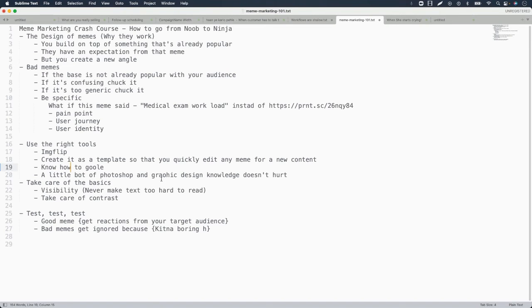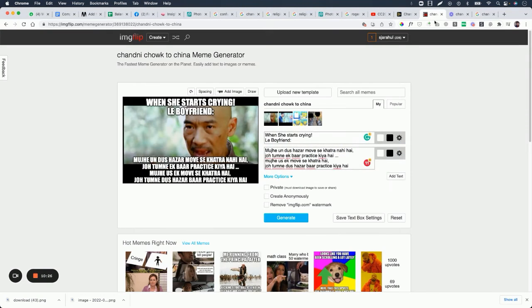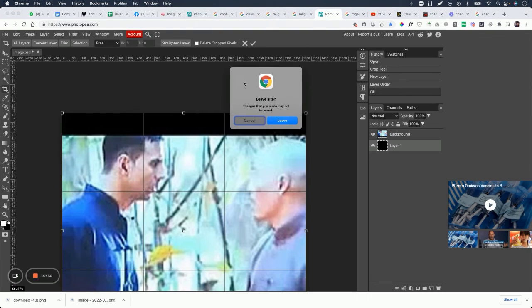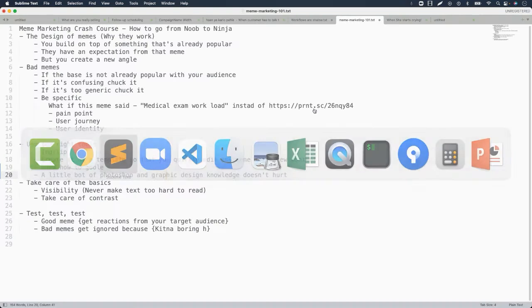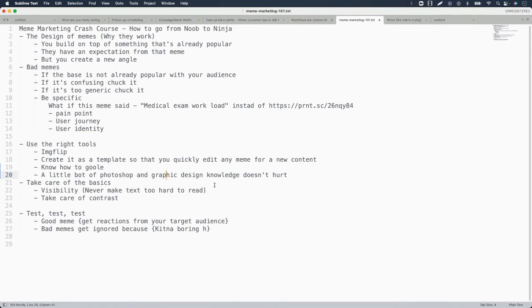नेक्स्ट थिंग इज, फोटोशॉप एंड ग्राफिक डिजाइनिंग स्किल्स जो है वो नेसेसरी है, बिकॉज विदाउट देम व्हाट यू गोना डू इज यू गोना बी हाई एंड ड्राई, एंड आपको ये नहीं समझ में आएगा कि फॉर एग्जांपल यू नीड अ लिटिल मोर स्पेस इन दिस मीम, नाउ हाउ यू गोना डू दैट। So यहाँ पे what I did is I took that image that I found on Google, then I went to Photopea, which is like an online Photoshop, and यहाँ पे I added a little bit of space on top and on the bottom, so that I get just enough space to create my meme. ठीक है,